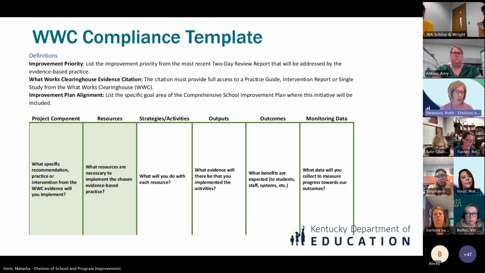So the first one is the project component. That's where you're going to list that specific recommendation from your What Works Clearinghouse evidence. You also want to add a little bit more detail here. So who is it that's going to do this? So if I'm thinking about the example that we gave about teachers teaching decoding skills and morphology, that might be all K-5 classroom teachers. So my project component might be that all K-5 classroom teachers are going to teach children to decode